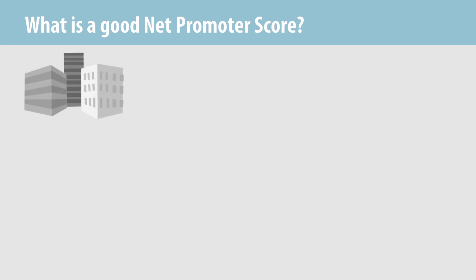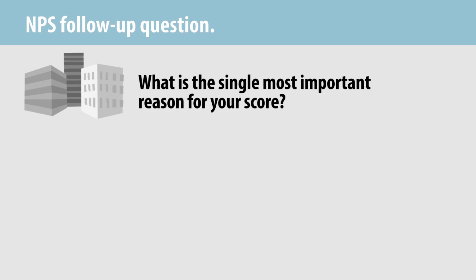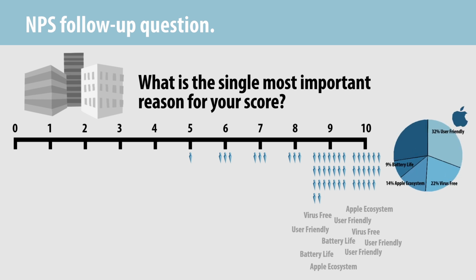Most companies find that it is wise to ask a second question following the likelihood to recommend question, something like, what is the single most important reason for your score? The resulting verbatim responses can be analyzed with comments grouped by promoter, passive, and detractor to search for patterns and insights. In the case of Mac users,